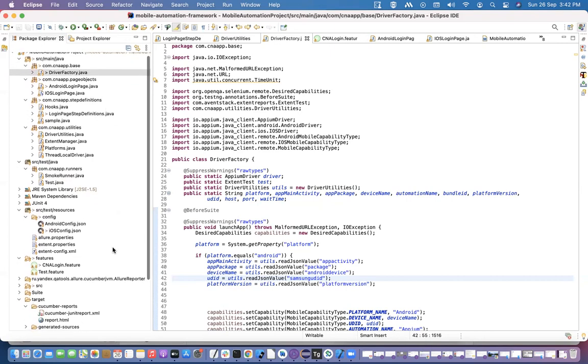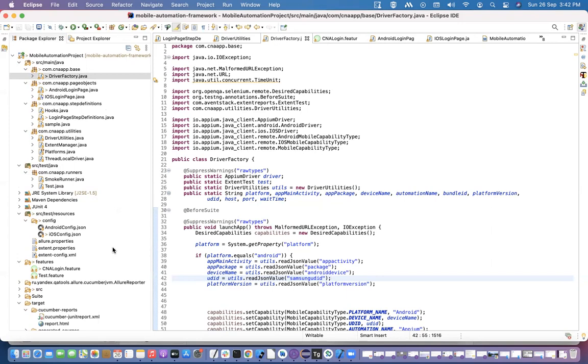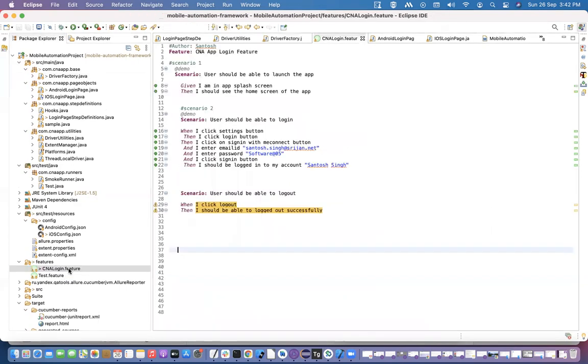And this is very feasible for both applications, so the user can be very clear about what we are doing. So why are we using a BDD framework and Cucumber? The main thing is that with the BDD framework and Cucumber, anyone can understand easily. Just click on the login features file, and then they can see what we are doing.